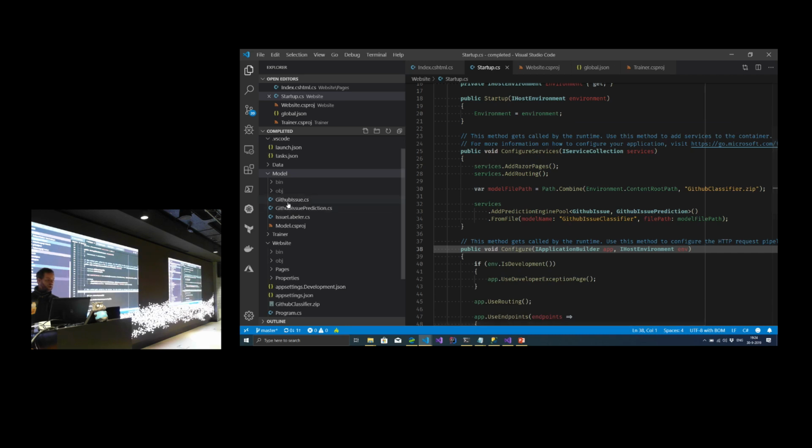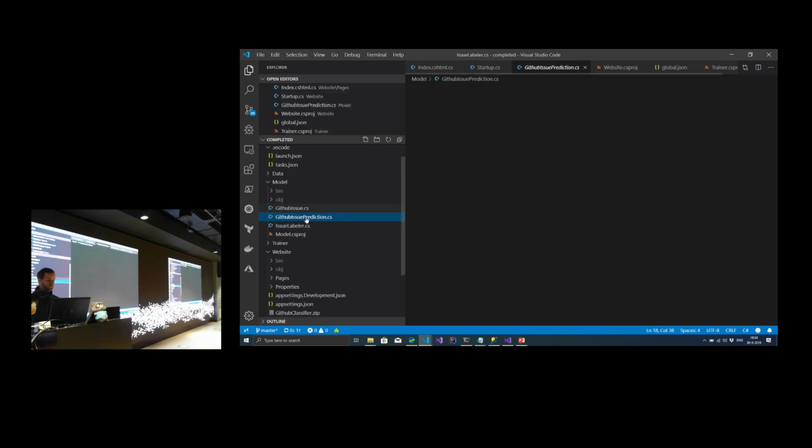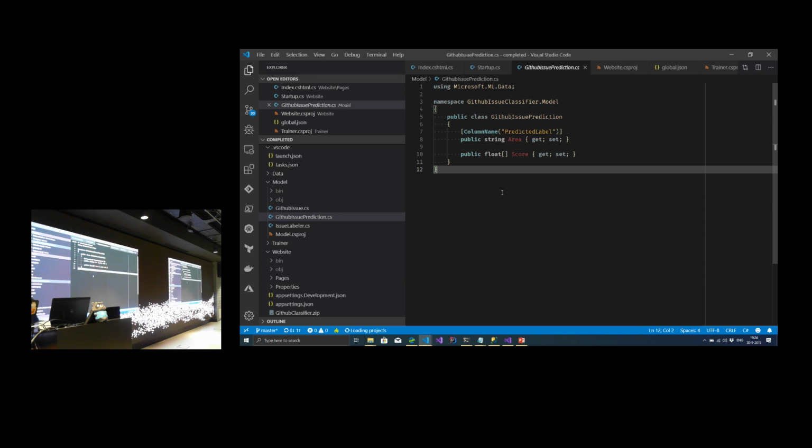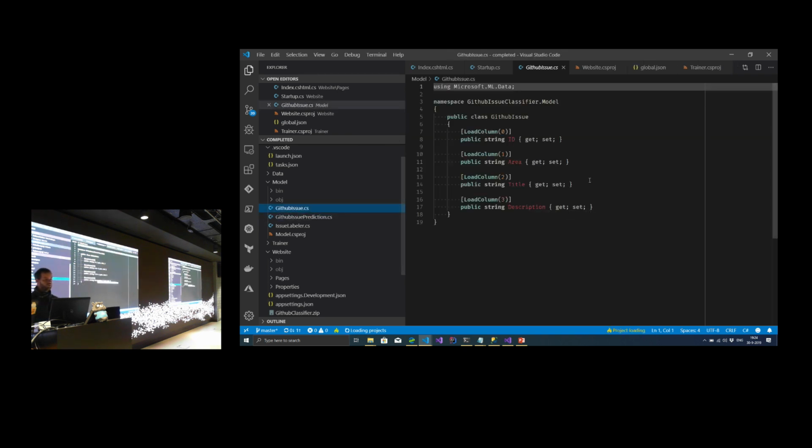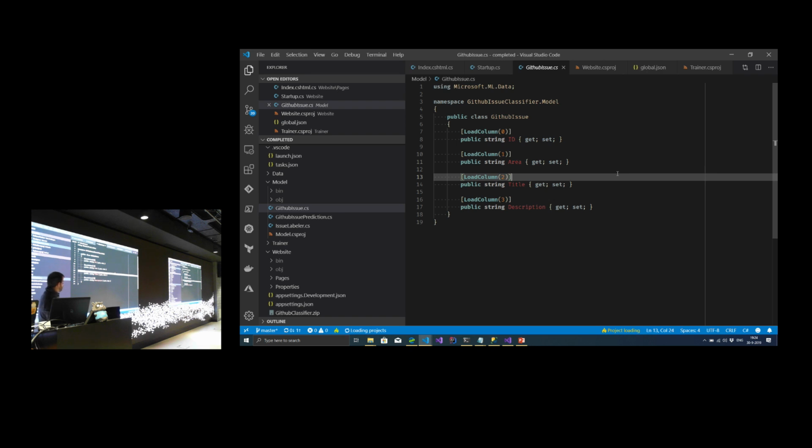So when we look at the model, ignore this class, you will get an input class, GitHub issue in this case, and it's a C# class like you would expect from any normal C# application. It's a public class, GitHub issue in my case, and there's something special about this. It has the properties that are in the original data file. An ID property, don't know why that, an area, a title, and a description. Actually, these last two are the ones that you're interested in. These are the ones I'm going to provide to the model.